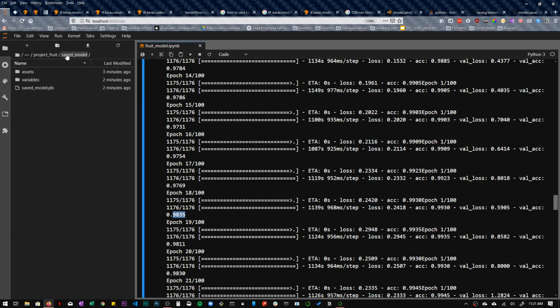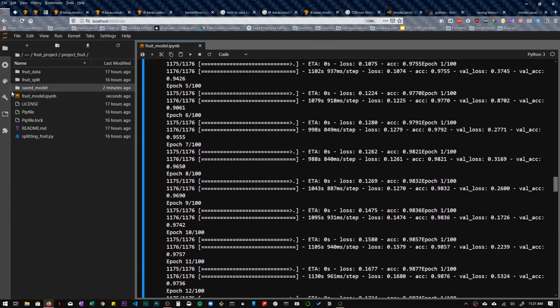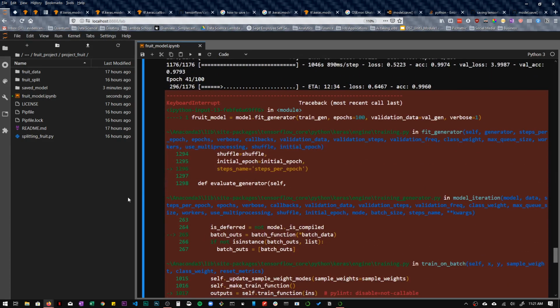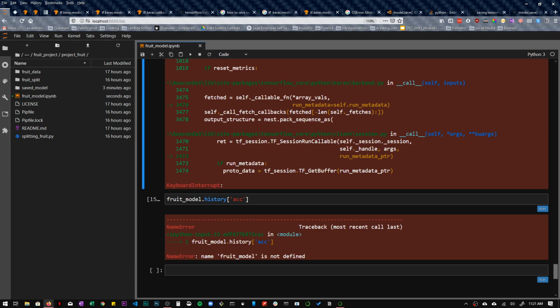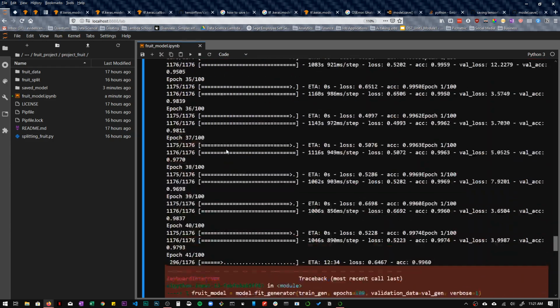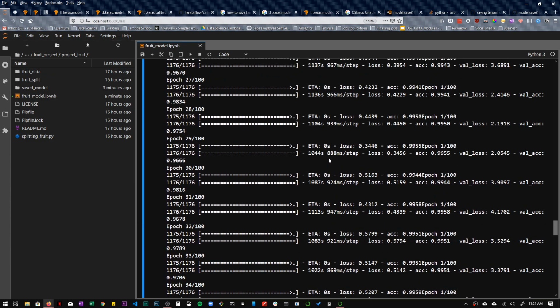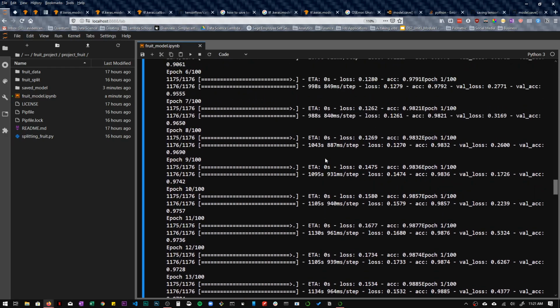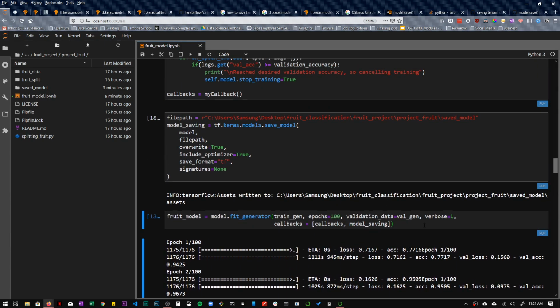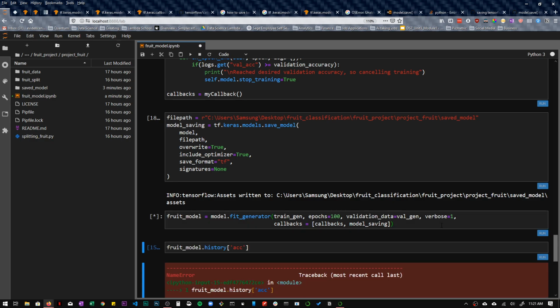Okay, the model should be saved into this folder, and once that's done, next time when we come back, we can just load the model from this folder and be able to do things like get the history and accuracy of it, without having to run this. So in the future, I'll be able to use this model over and over and over again to do different things without having to train the model again. So that's why I'm trying to figure out a way to save this model. So let's go ahead and run this and see what we get so far.